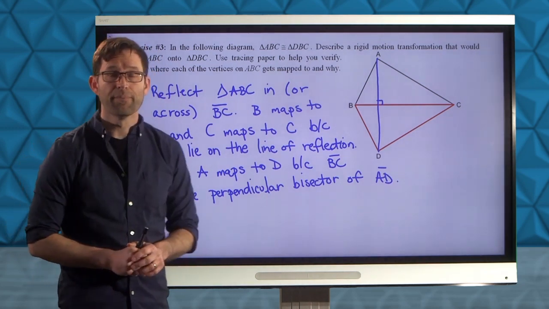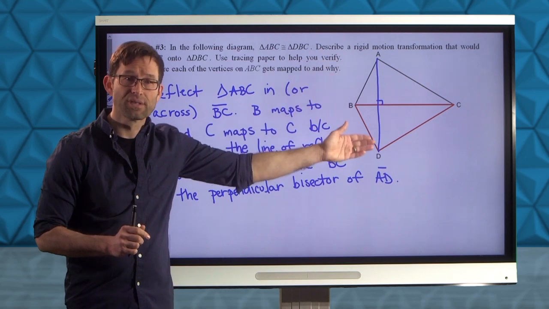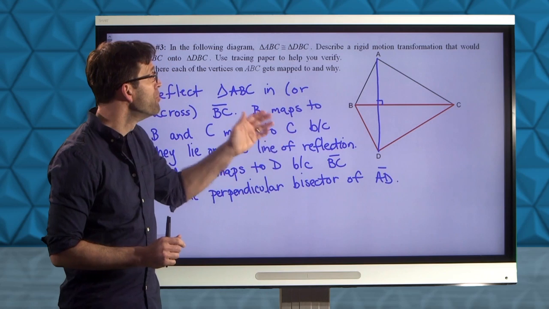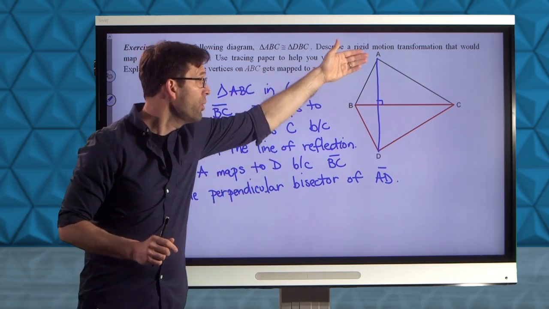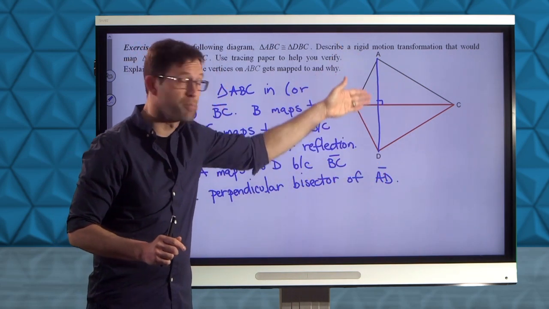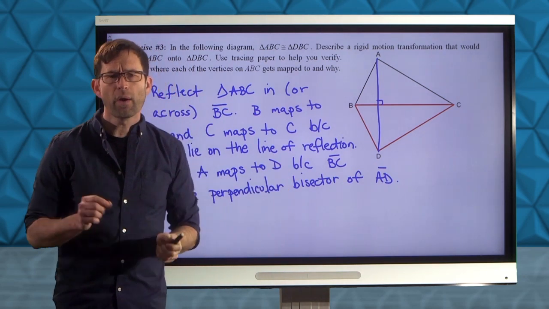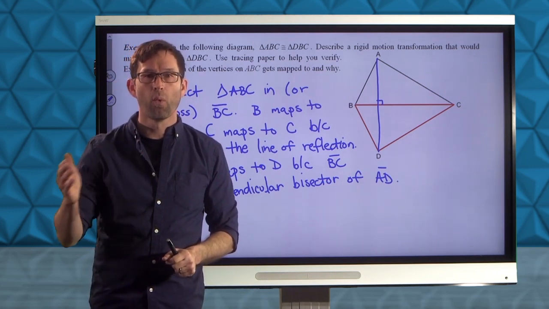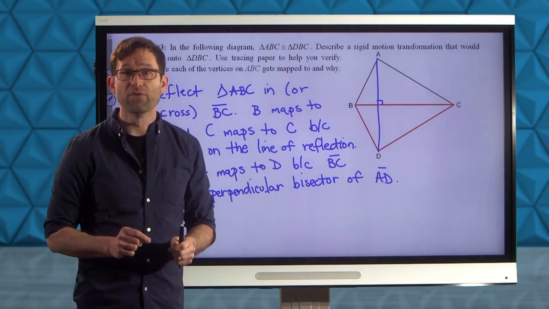Perpendicular bisector of AD. Now there's nothing, I want to emphasize this, there's nothing in this problem that actually tells us that this is the perpendicular bisector of AD. But because we know these two triangles are congruent, the only way that A gets reflected down to D is if in fact BC is the perpendicular bisector of that. Remember, that's the whole deal with reflections. And quite frankly, reflections might be the most important of all rigid body motions when it comes to mapping one figure onto another. That's debatable, but what I don't want you to forget is other work we've done with reflections